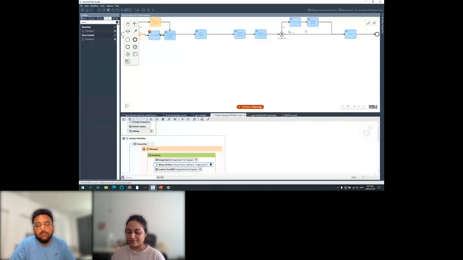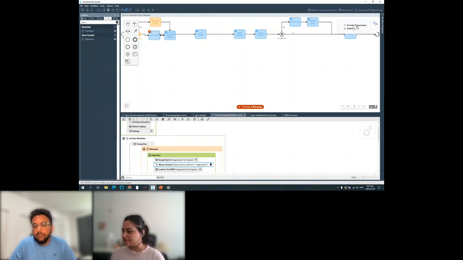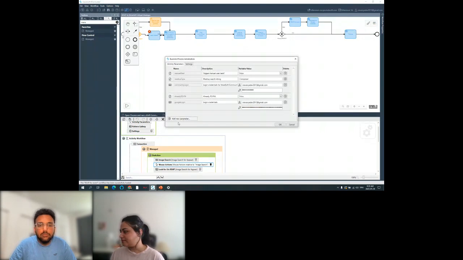Again, the whole process which I have shown is for one particular manual task, which is to sign up to something, isn't it? But you might be wondering, Shravan, where did you get all those, my email ID and password? Where did we store them, right? For them, we have something called activity parameters. Okay. So before getting started, what you can do is click on activity parameters. You can add as many new parameters as you want.